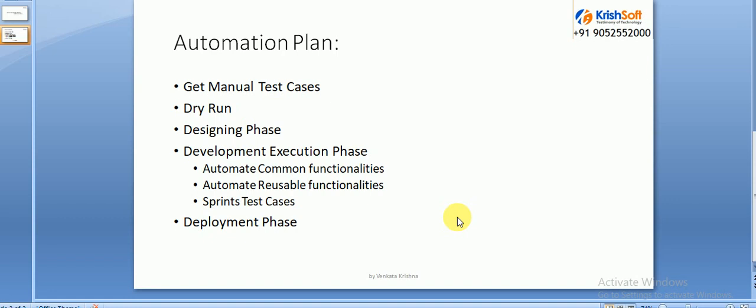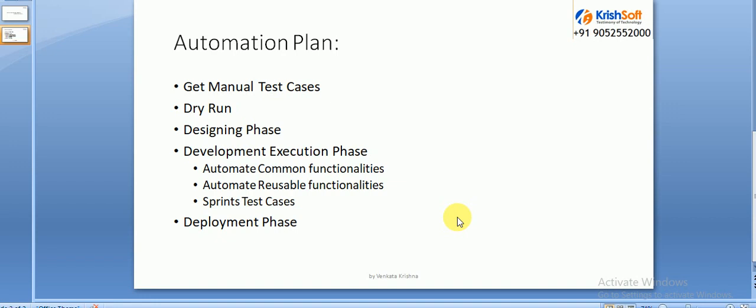All these you need to maintain. That is the development phase, including development of the test cases. So you need to perform the development of the test cases.